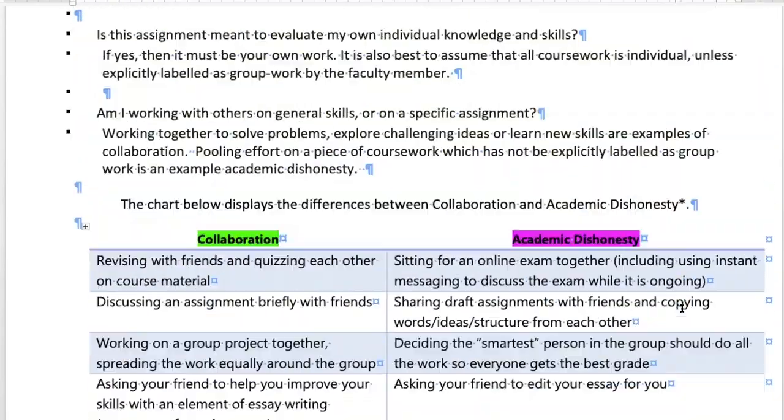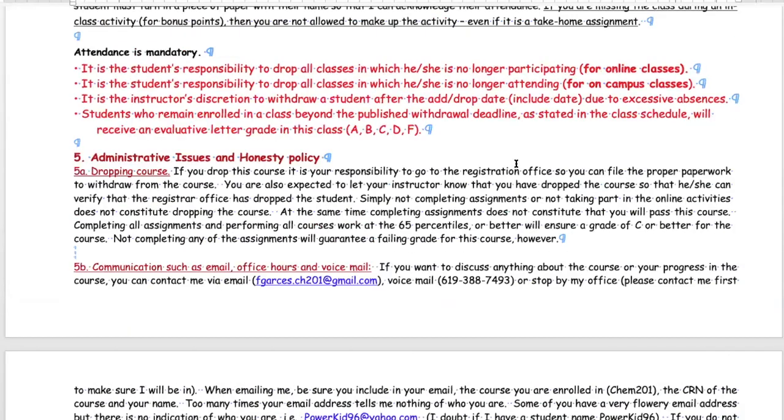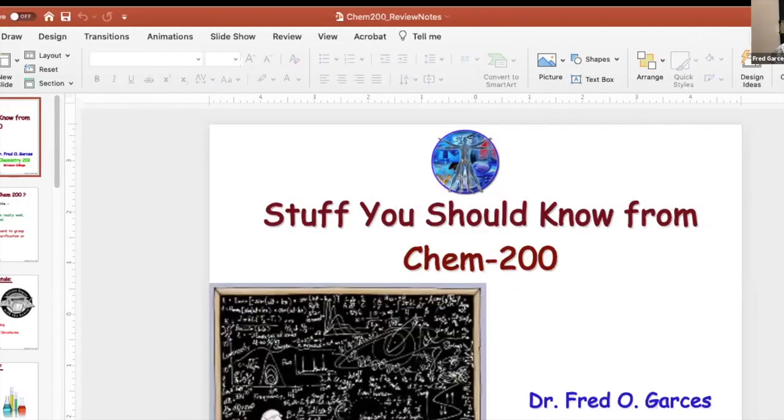So this is the syllabus. It's our contract. It's the contract that I will try and live by in terms of teaching this course, and you guys need to remember that the expectations are here. Okay, so let me go ahead and change page here, because I want to go next to this right here. If you guys have any questions, please feel free to fire the question. Okay, so this is the other topic that I will go through, and then we'll be done.